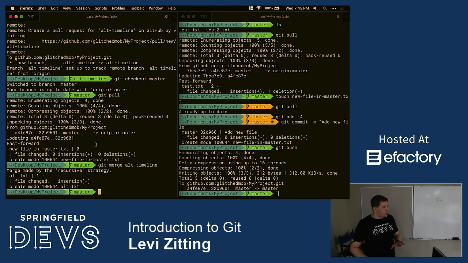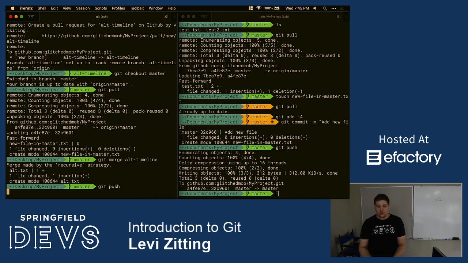So now we've made another commit here, and if I go to GitHub, we won't see that yet because the commit was only made to my version of the repository. Now I need to sync it back up with GitHub. So to do that, I'll type git push,